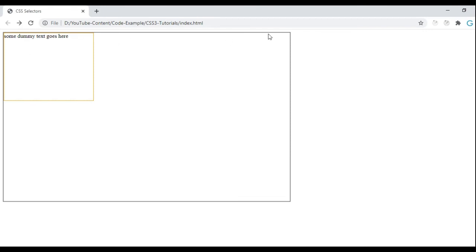Now here we can see our parent element with the gray border, and my child element, the paragraph, with the orange border. Suppose I want to move my element 40 pixel from the top and left hand side, then what will I do?